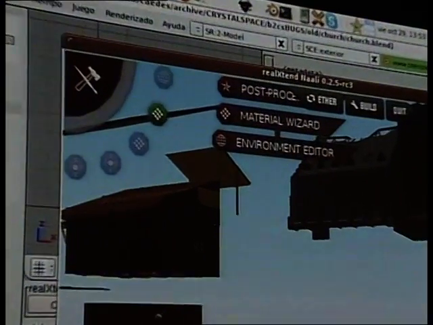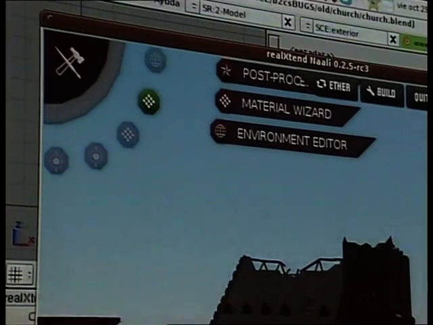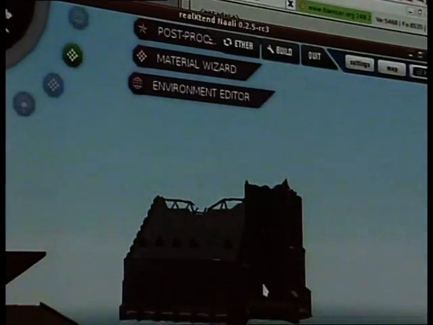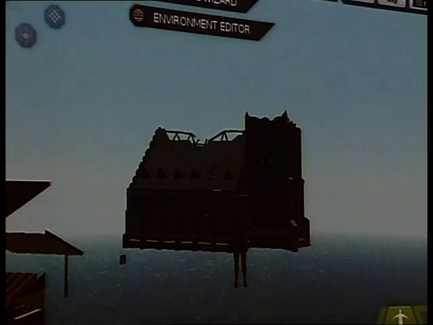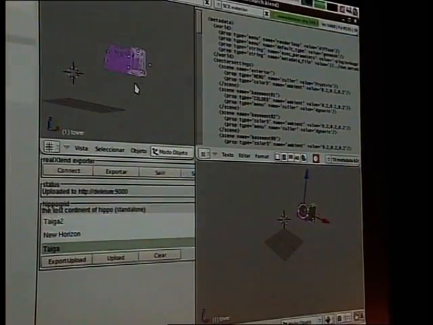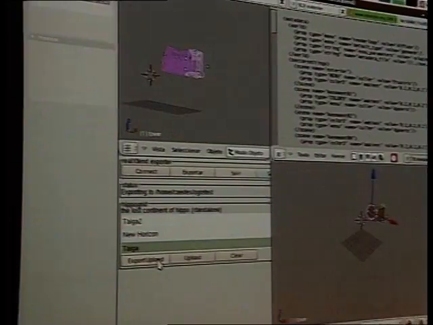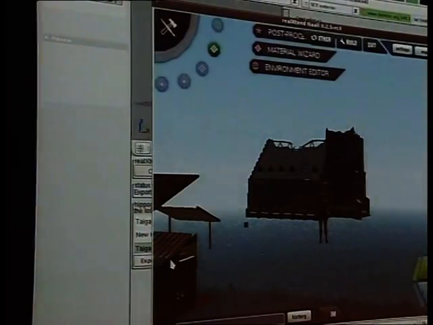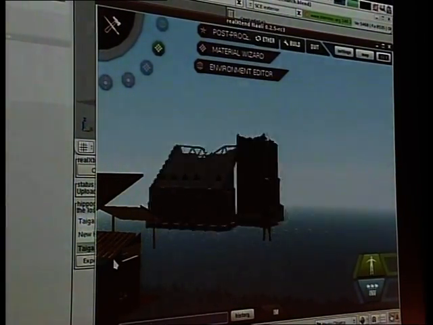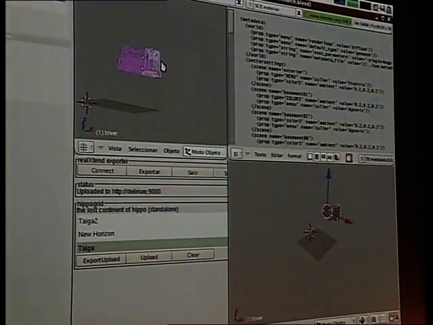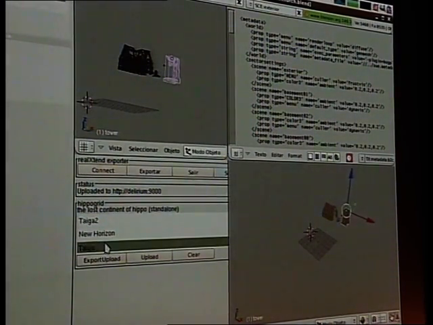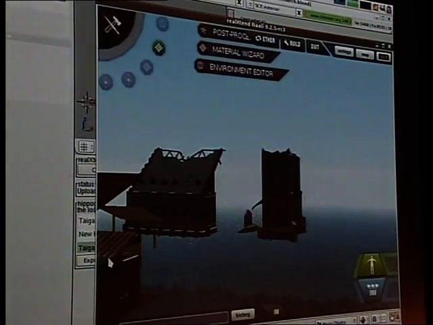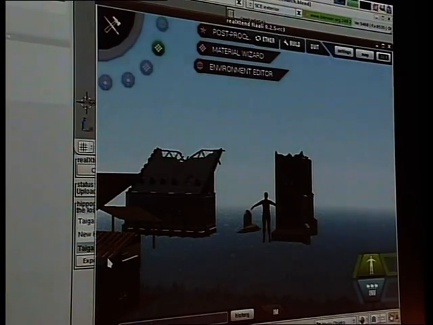But I reopen it, and since it's still the same object that I exported, it's still linked. So if I move the object in the scene and I refresh, then the objects just move and go to the right place. Also, now it's working with the selected object, so I can just play with a little bit of the scene. I don't have to sync everything all the time,